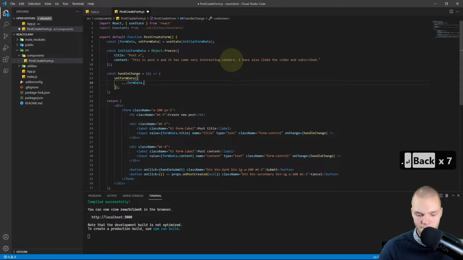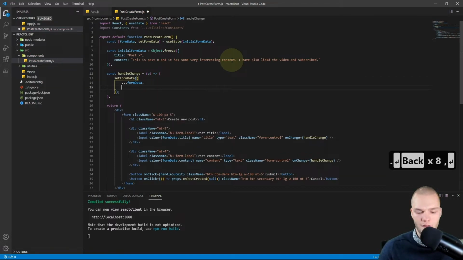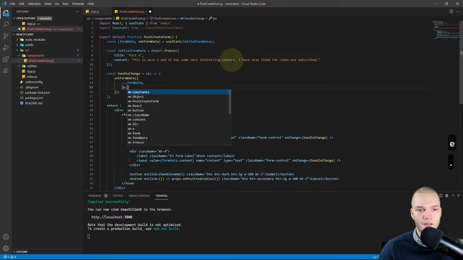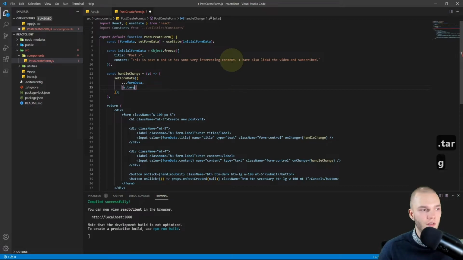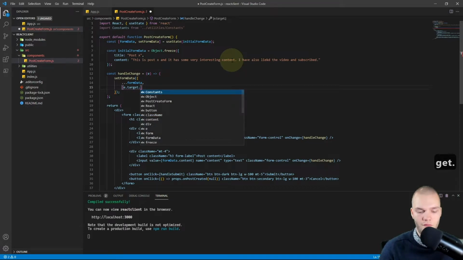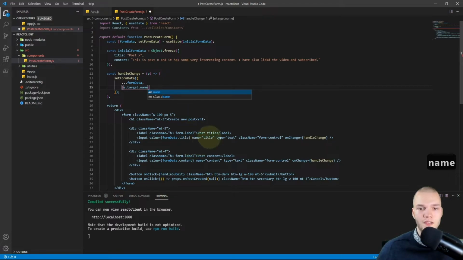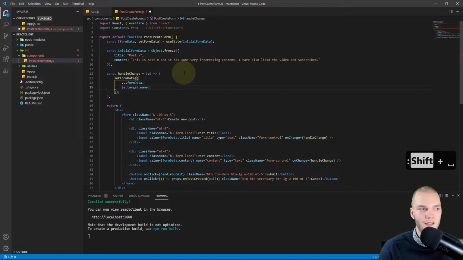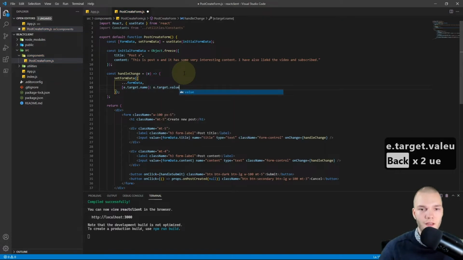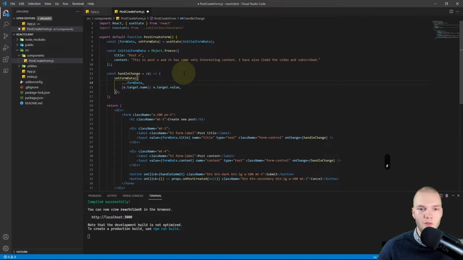and then I'll do brackets and go to that event and go to target, and that is basically the HTML element, and then go to name, so that's this name, and we will set that to e.target.value and add a comma.